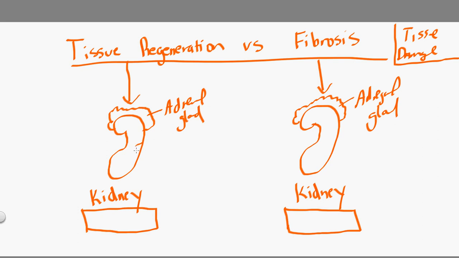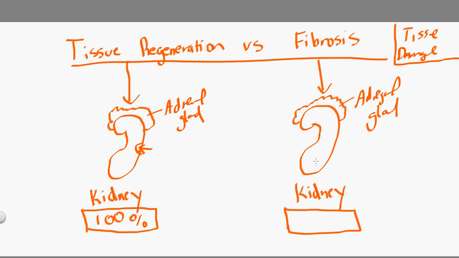If there's a damaged part here, for example, all of the cells and everything will just start going crazy to try to repair it and fix it, and maybe people will inject medicine and do whatever. It really all depends. Of course, everything in medicine depends anyway, as it relates to how bad is it, how deep is it, what location is it, etc. But the main difference with tissue regeneration is that when the body finishes fixing the part that's damaged, this kidney will go back to 100% functioning like new. And a lot of times stem cells are involved. It all depends. But that is the first point.